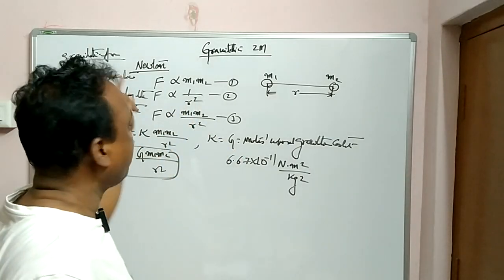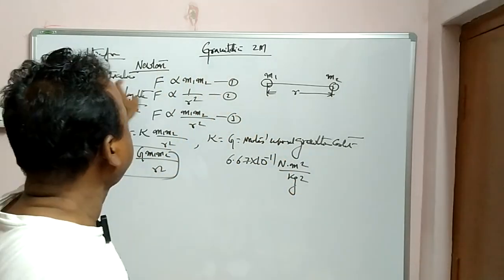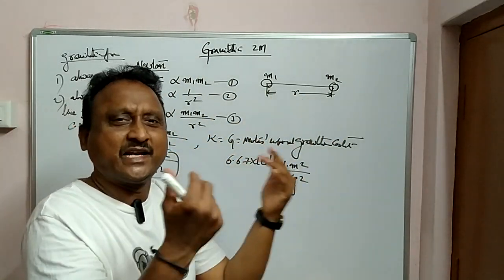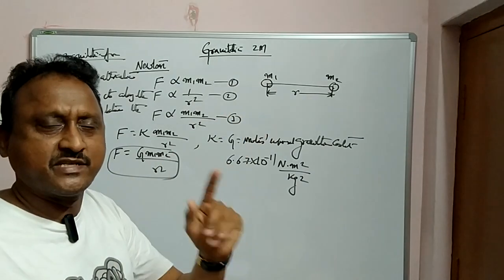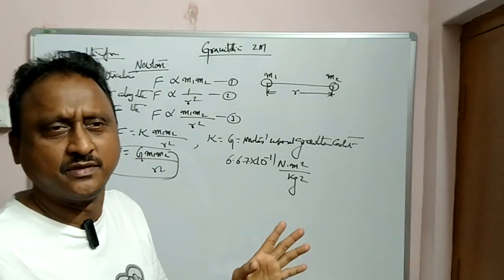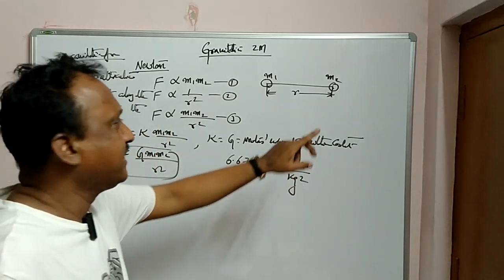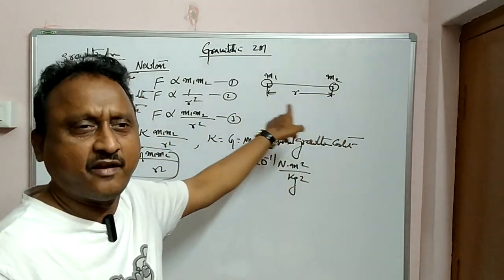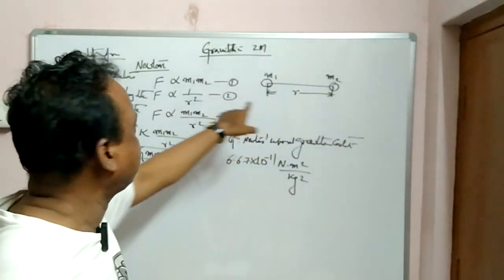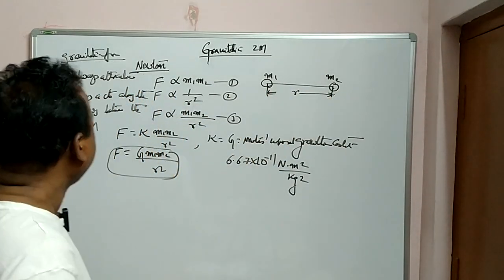These are very important properties regarding gravitational force. How does it act? It is always attractive. It is not repulsive like Coulomb's. It is always an attractive force between any two bodies on the earth surface. And it always lies along the line joining the two centers of mass of the point masses. Third one,